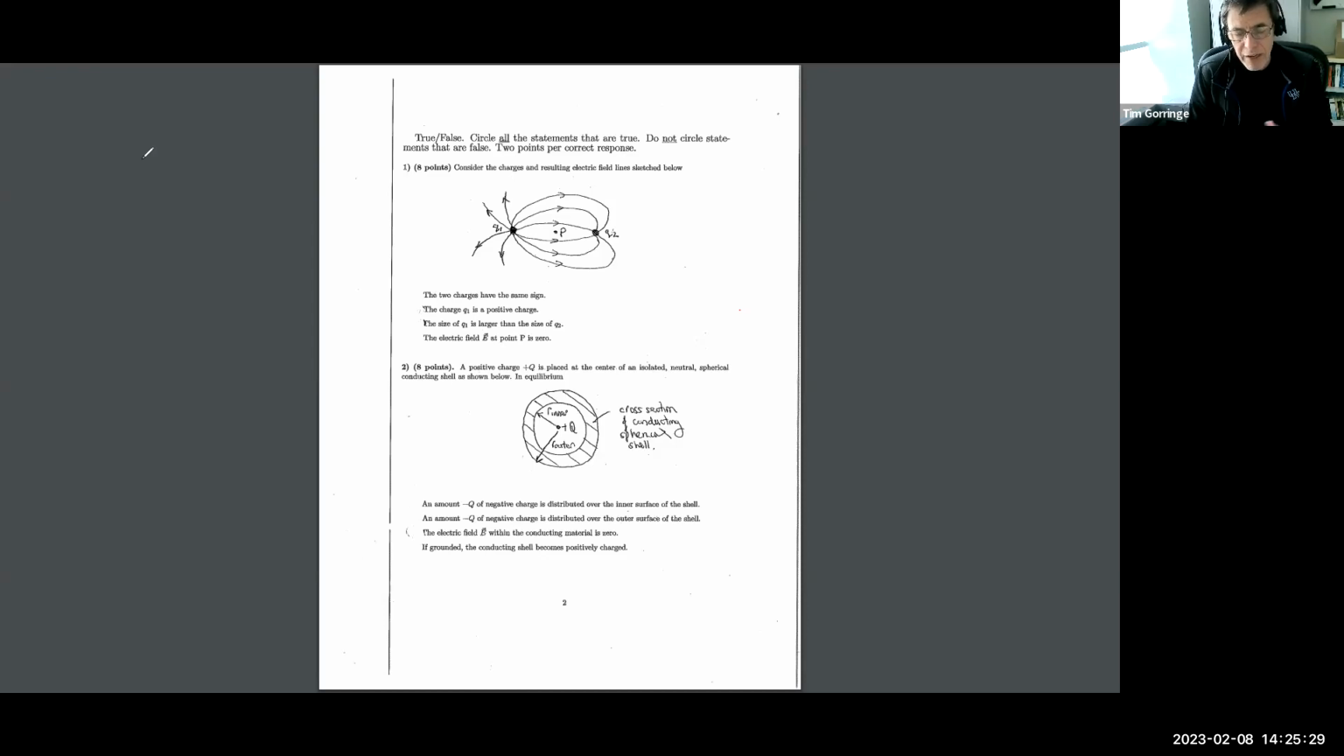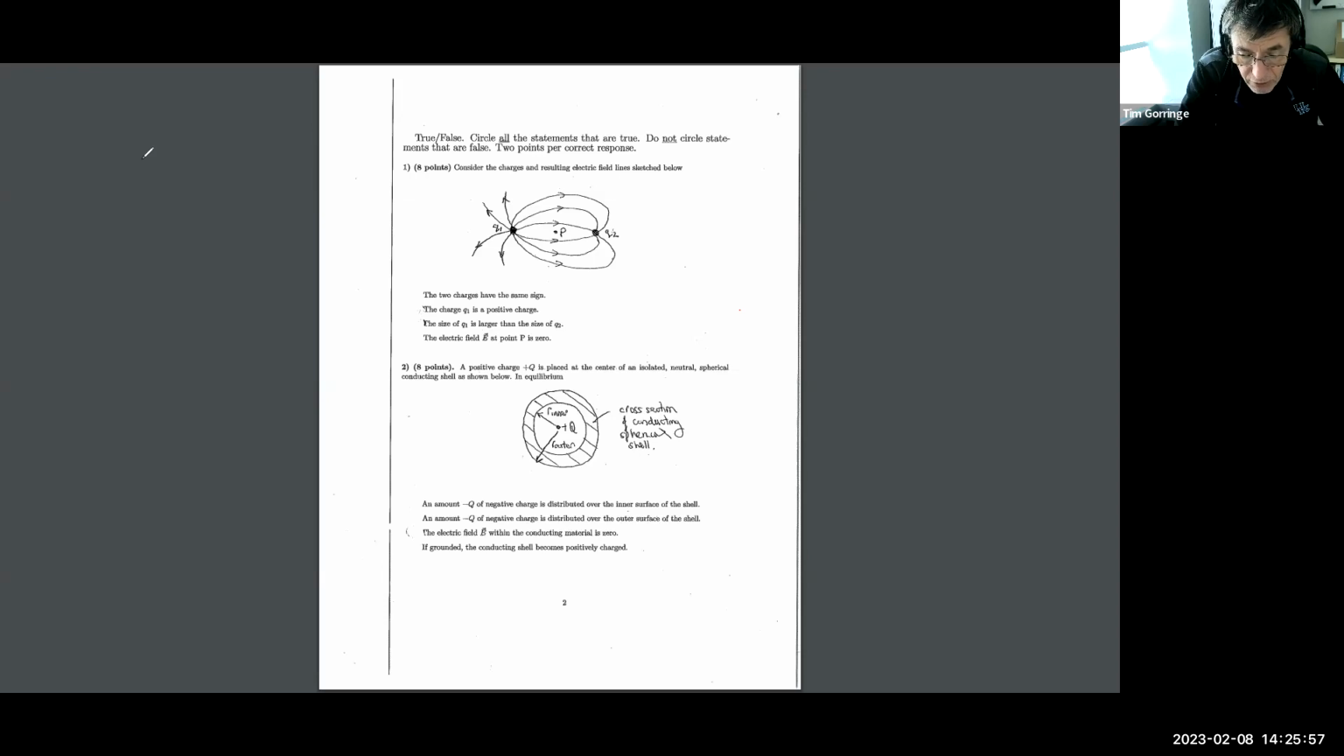I want to work through the practice test, or test one. I'll work through the true-false questions, the conceptual questions, and then I'll go on and work through the fully worked out problems, the numerical problems. So the first question, question number one, asks us to consider an arrangement of two charges, Q1, Q2, and the pattern